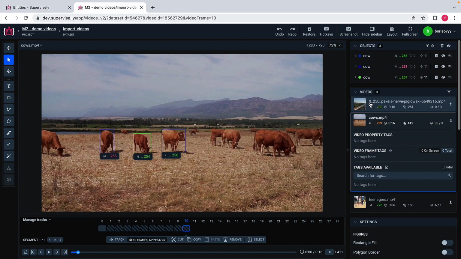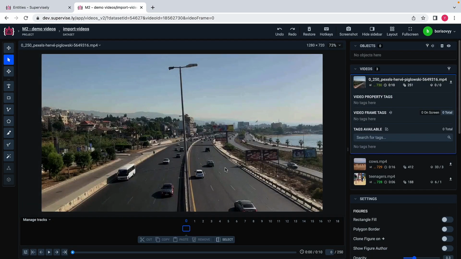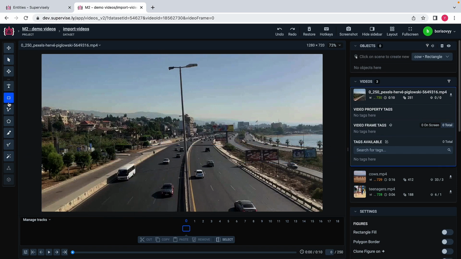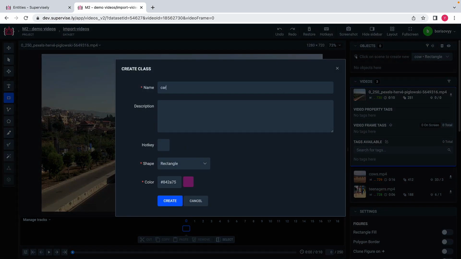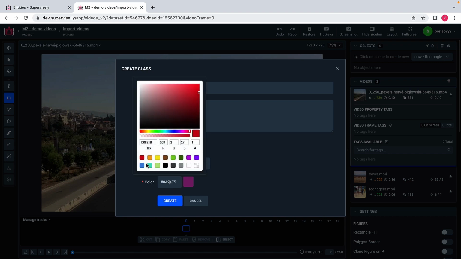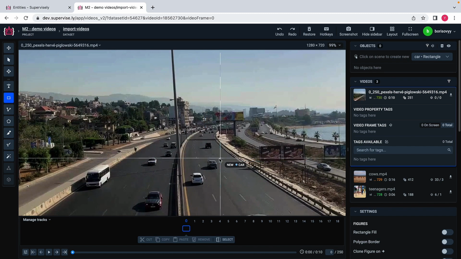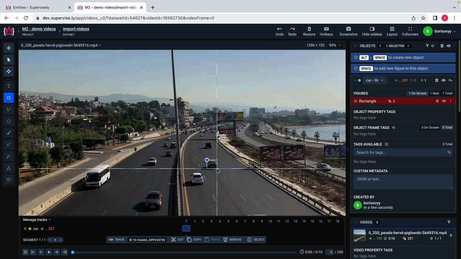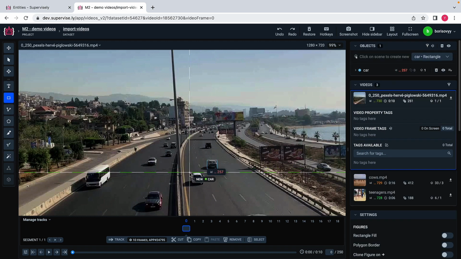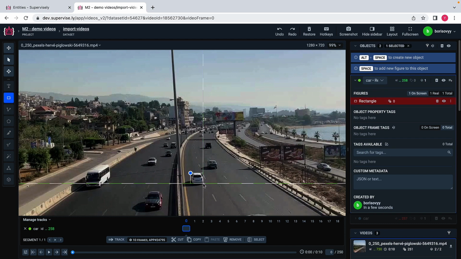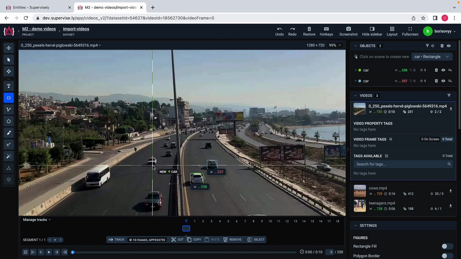And let me probably show you approximately the same procedure here. So I may try to label several cars. So probably I have to create a new object here, a new class. Let's call it car class. Let it also be a rectangle. Maybe I will pick a slightly different color. Sorry, here maybe the green will do. And let me try to label just several cars to see how the procedure will work here. So I will label the first car like this, say the second one like this, and maybe, I don't know, maybe this third one